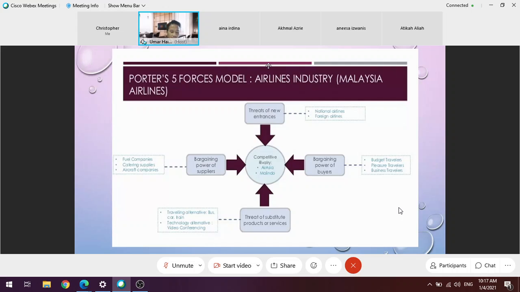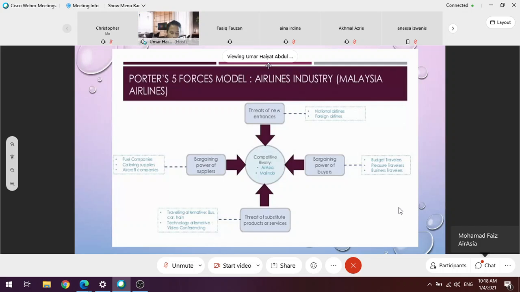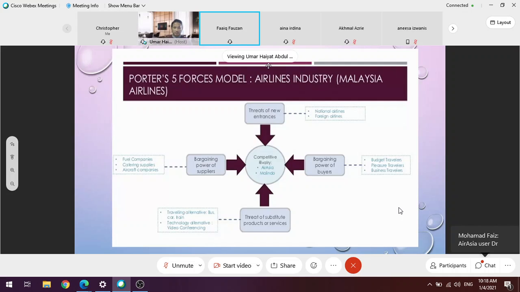I think in terms of routes, as I know, Malindo Airline is a low cost airline, so I think they are cooperating together. For example, in Malaysia only Malaysian Airlines, and then in Sabah and Sarawak it is only Malindo. So they are dominating the market by taking over the areas where they want to cooperate. Okay.